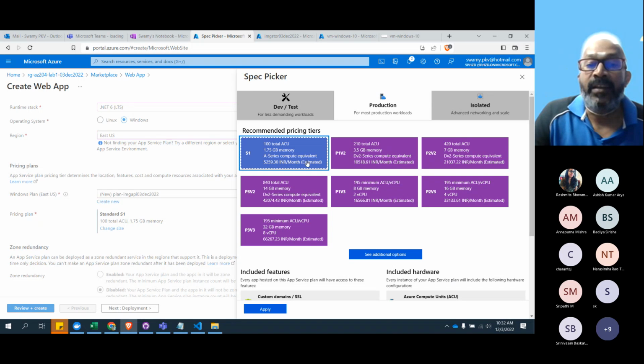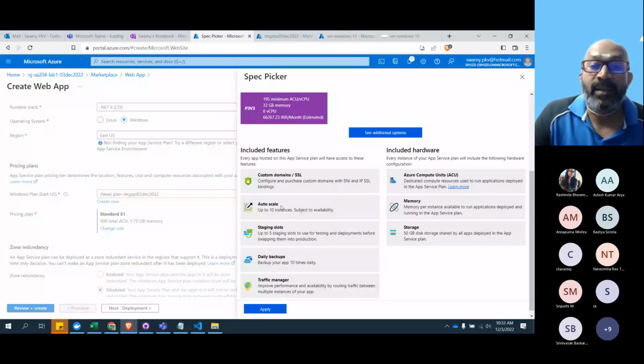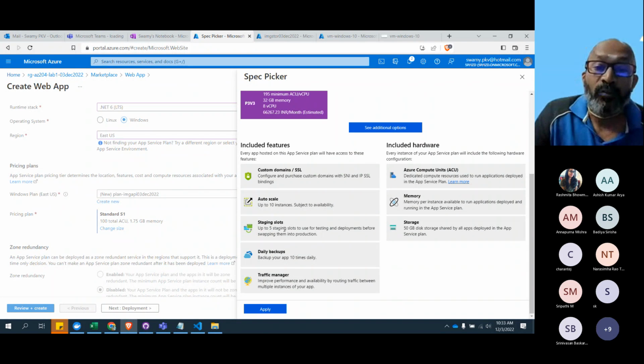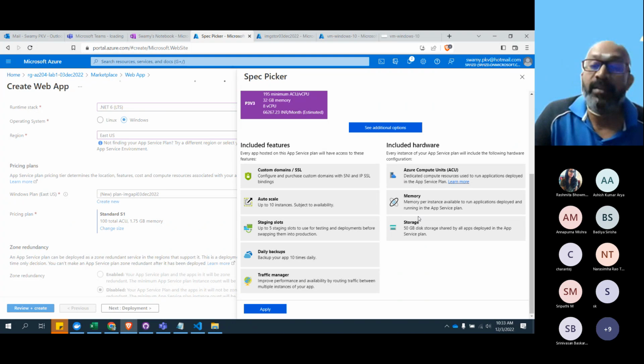If you go with Standard, you need to pay 6,000 rupees per month, and you get custom domain, SSL, and auto scale. Previously in the B1 plan it was 3 instances with manual scale; here it is 10 instances with auto scale. You get 5 staging slots, daily backup 10 times, a traffic manager, and a 50 GB hard disk.